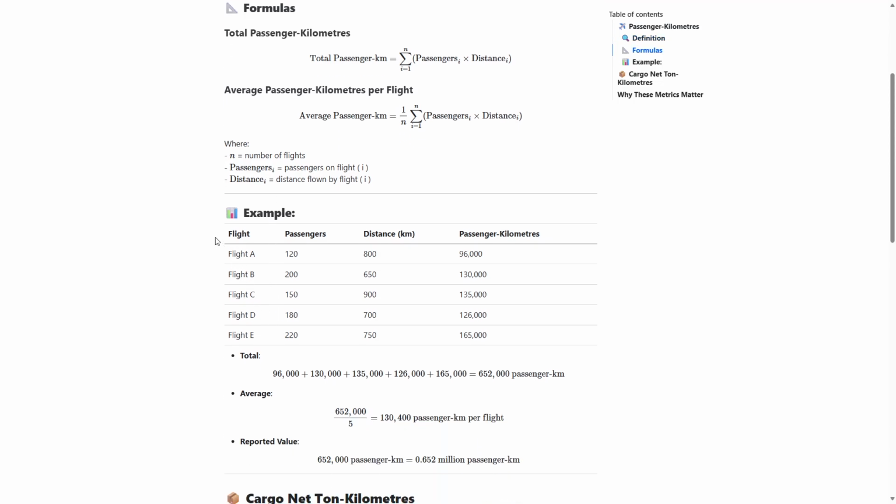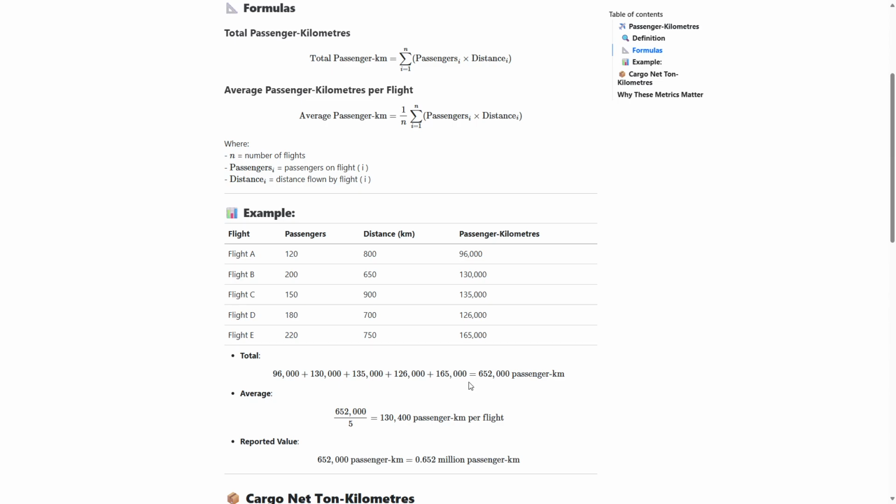In the example here, you see 5 different flights. Here's the number of passengers in those flights, and here's the distance flown. For example, the first one is 120 passengers, 800 kilometers. You multiply them and you get 96,000 passenger kilometers. That's for this first flight only. You do the same thing for the other flights as well. You have these numbers, you add them up, and in total we have